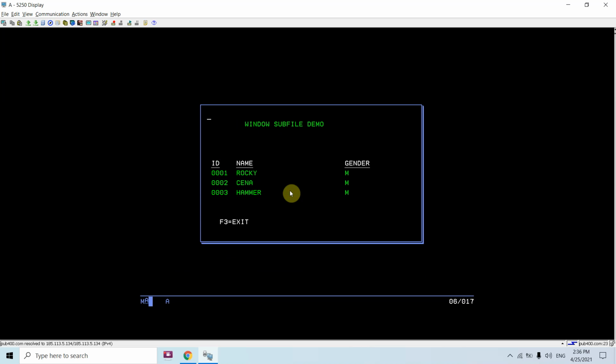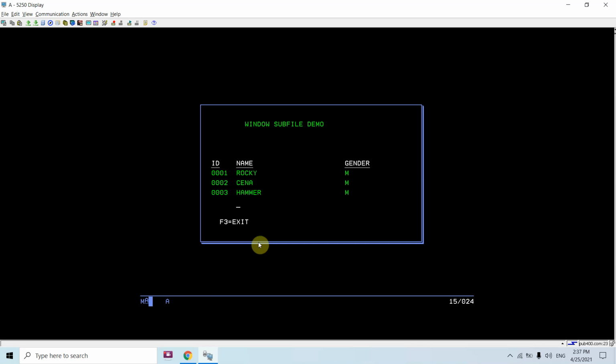Let's call this program again. Now you can see those records are loaded into the window subfile, and we can see them easily. As you can see, the last line is not used here because it is reserved for messages to appear in the window subfile, and we cannot display any field, or even any text, there. Now just press page down, so you'll see the next record displayed. Page down again, and you can see the message about rolling up or down past the first or last record. So that's the last record loaded into the subfile.